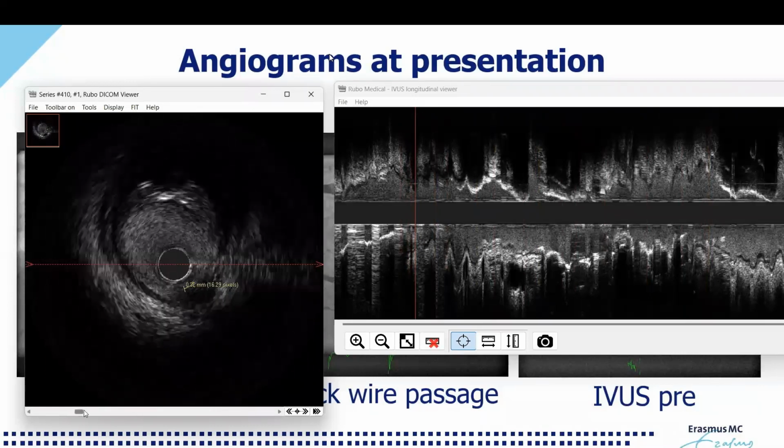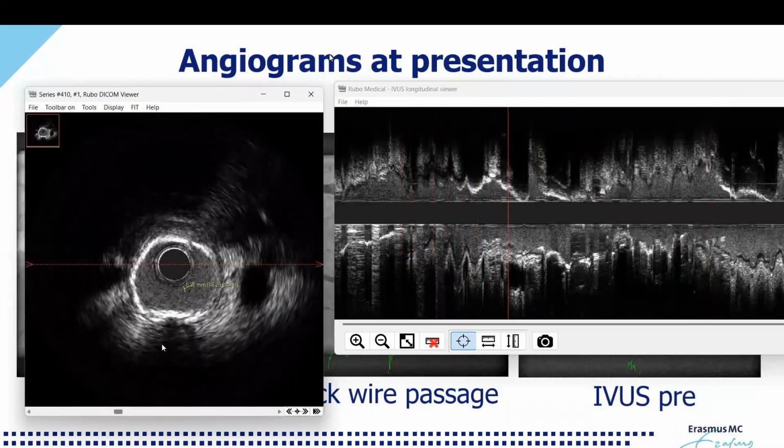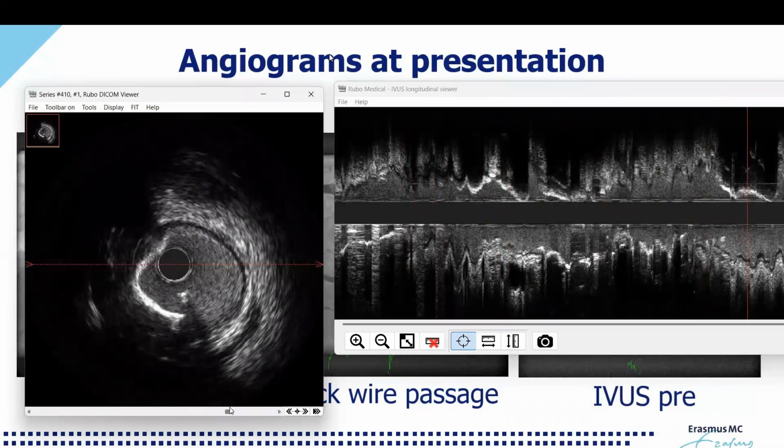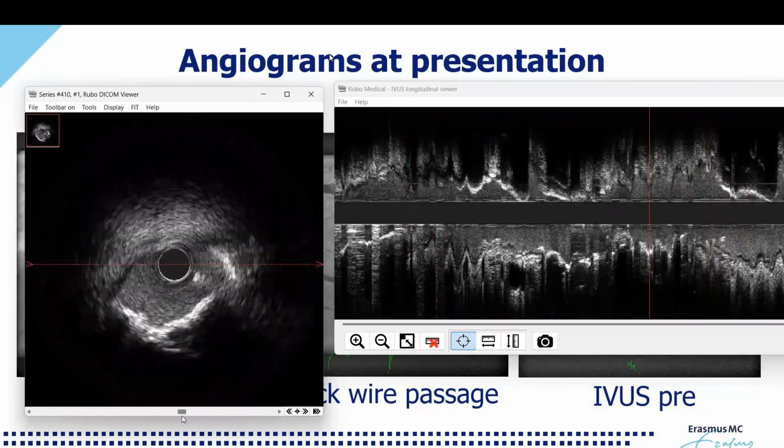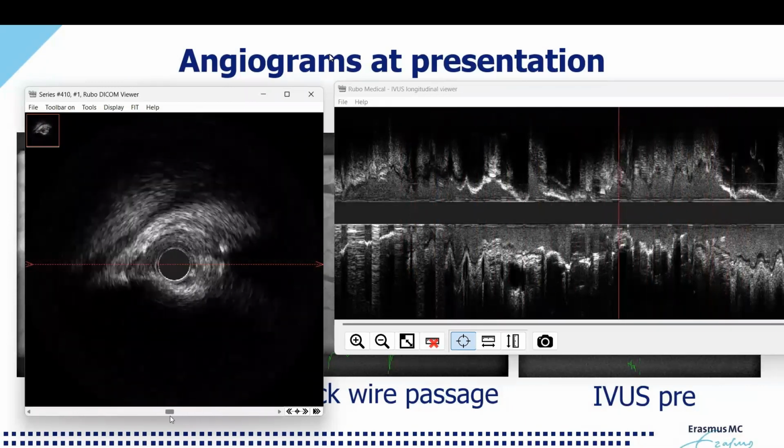What was this? There was geographic miss plus significant underexpansion. Absolutely, yeah. A significant underexpansion due to calcification. Yeah. So that's always critical, right? Yeah, it's absolutely critical to differentiate why there is the